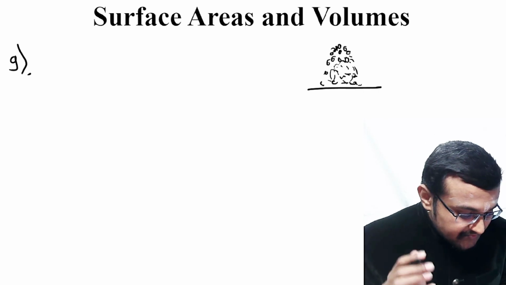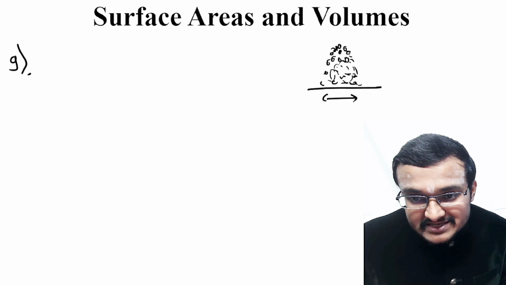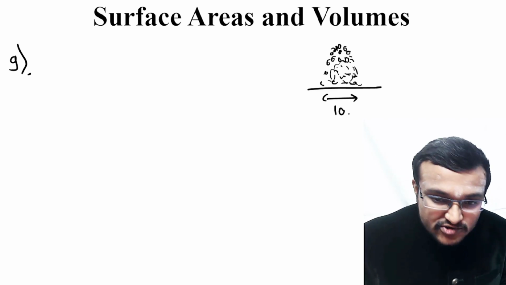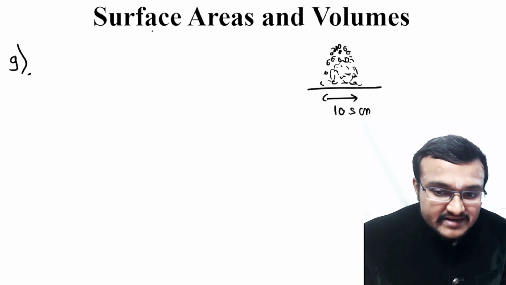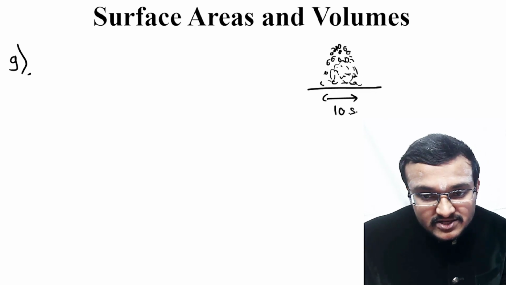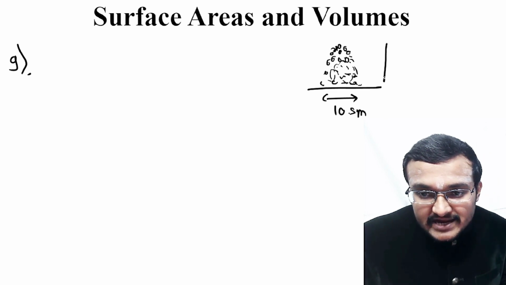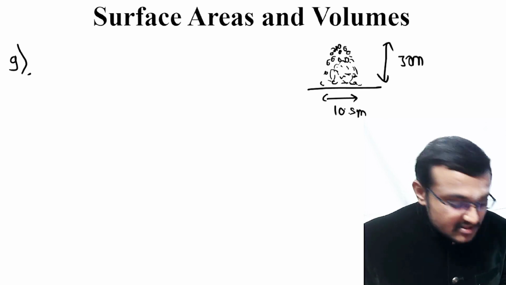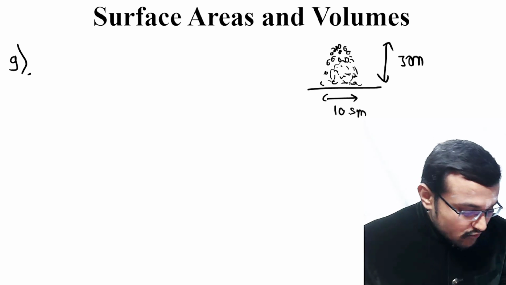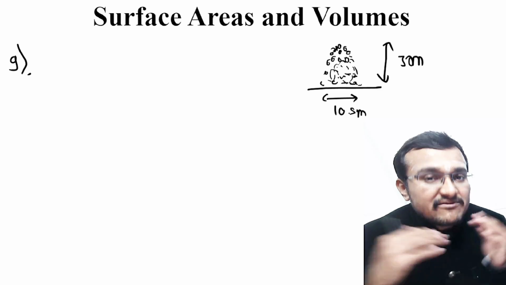So now here the diameter of the base of this wheat heap is equal to 10.5 meter. So this is not centimeter, this is 10.5 meter. That means diameter we have, and the height of this heap is equal to 3 meter. So now you have to find the volume, and if the heap is to be covered by a canvas,